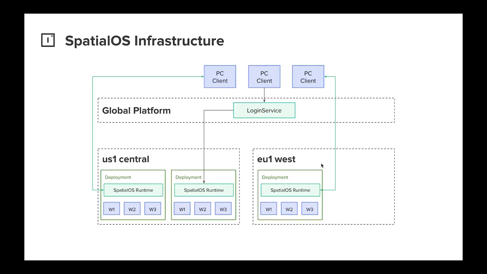So, as a rough overview of how the infrastructure works, we have what we call clusters. We have several EU clusters, several US clusters. We have one cluster available in Asia today, and we're currently partnered with a gaming firm called NetEase, and we're working with them to find a cloud provider in China. But we have a global login service, so this would be somewhere where you would implement your Steam authentication or your PlayFab authentication. If you have your own account system, we can integrate with that as well. And then obviously what happens is your clients will ping our login service, we'll validate that token, and we'll forward them onto the deployment that you've requested for that client.